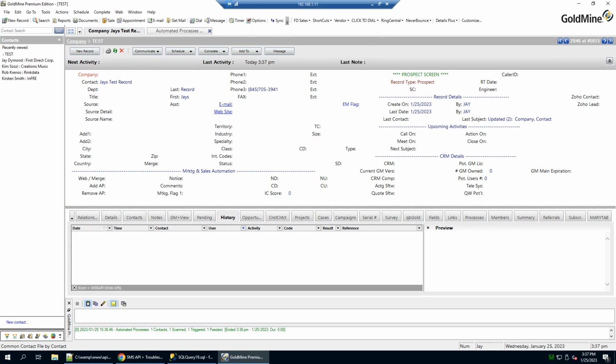I have another video demonstration for you folks to talk about some things we can do with GoldMine. I recently had a customer ask about the ability to send automated SMS messages via a GoldMine automated process. So he wants to be able to build an automated process within GoldMine, which is a workflow process. And as part of that process, one of the things he would want to do is send an SMS message